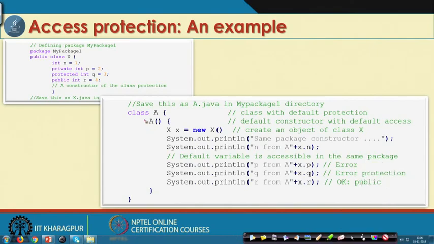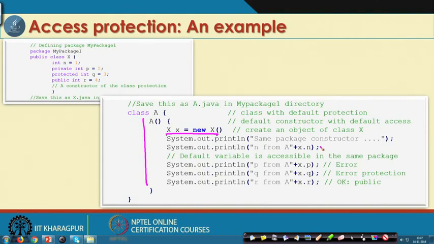We have also not declared any other explicit member of its own in class A; it has only the constructor. Our objective is whether this class A can access any members belonging to any other class, either X or Y in the package, or not. As Y does not have any members, we will consider only the members that belong to X. Now, look at this one. We create an object x of class X, that means we want to access the members that belong to the class X.